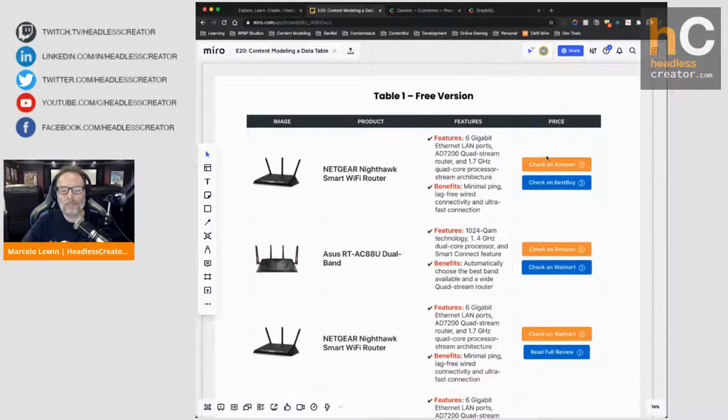But what about the table itself? Well, the table has a name, table 1, and maybe a description, free version. Then it has headers, columns. It has an image column, a product column, a features column, and a price column. So those are my columns. Now, what about the rows? Well, the rows are being populated. For each column, we have an image coming from some sort of product